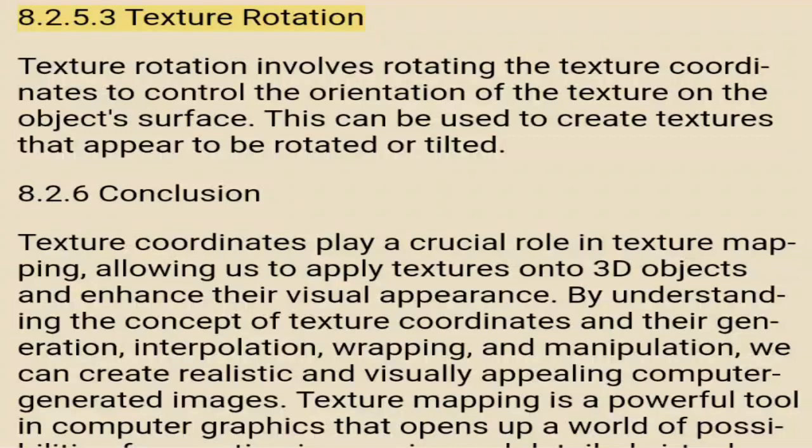8.2.5.3 Texture Rotation. Texture rotation involves rotating the texture coordinates to control the orientation of the texture on the object's surface. This can be used to create textures that appear to be rotated or tilted. 8.2.6 Conclusion. Texture coordinates play a crucial role in texture mapping, allowing us to apply textures onto 3D objects and